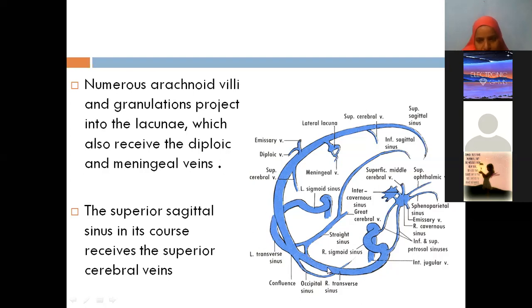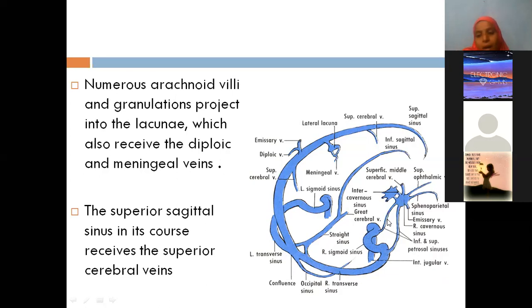If you see the continuation of the transverse sinus, it is becoming S-shaped, the sigmoid sinus. The S shape is the final exit point. The sigmoid sinus will go out through the jugular foramen in the form of the internal jugular vein. That means all these dural venous sinuses will pour their blood, finally, the venous blood is entering into the internal jugular vein. So, a few sinuses which you can see here I have shown you.